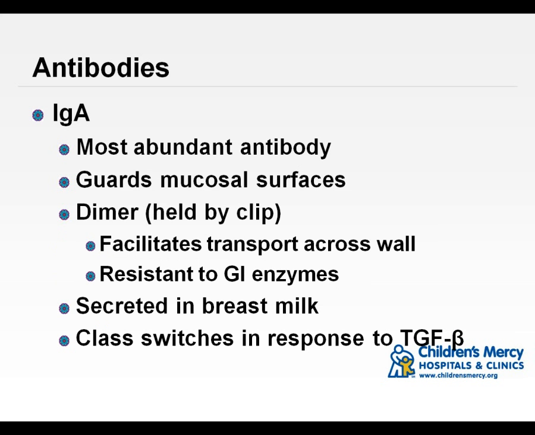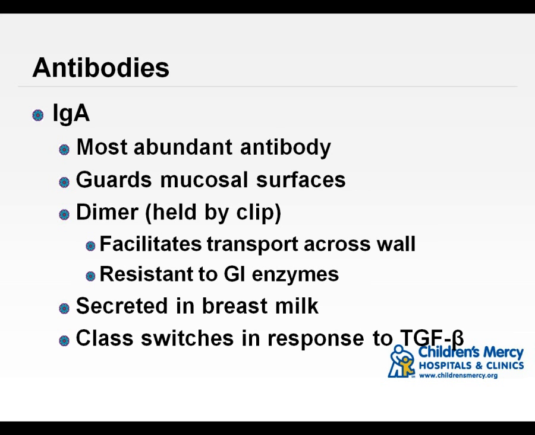Another antibody, IgA, is the most abundant antibody. It tends to guard mucosal surfaces. It's secreted as a dimer, so 2 of them together. So bigger than IgG, but not as big as an IgM, that pentamer. And that dimer is held together by a clip in the middle,